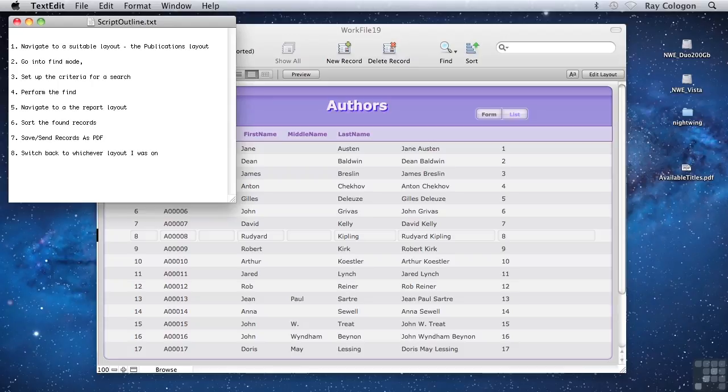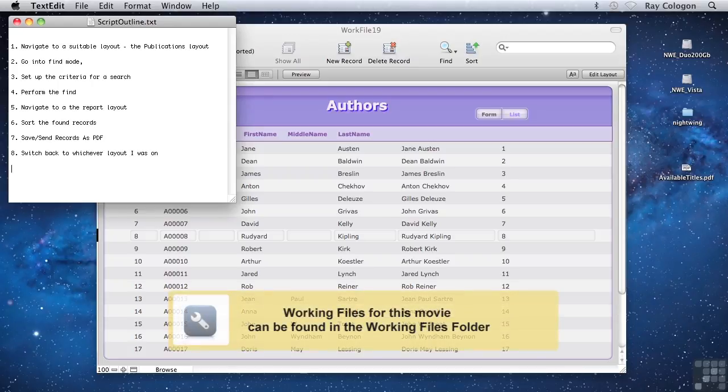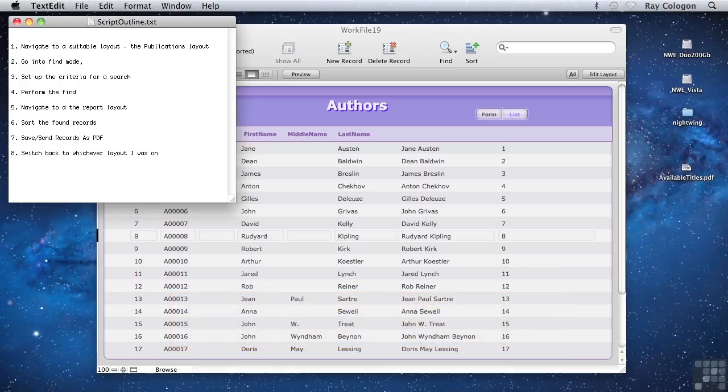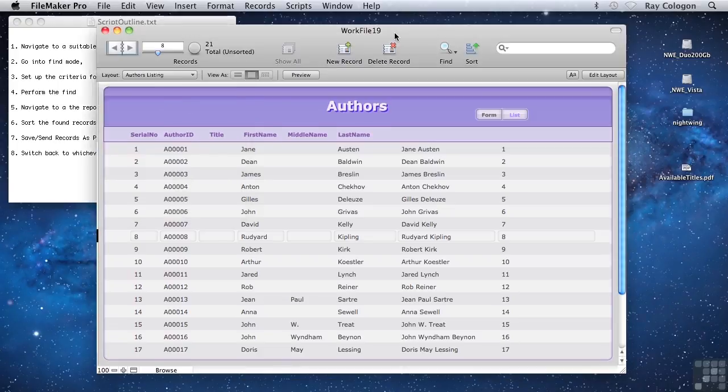With a clear outline of the steps required to complete a task, it's a relatively straightforward matter to create the code that will enable FileMaker to automate the process. To create a FileMaker script that captures the sequence of steps, first I'll go to FileMaker's Scripts menu and choose